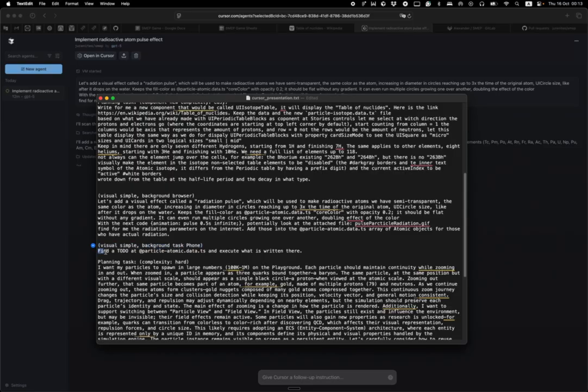So I could open the same URL, cursor.com/agents, and ask it this simple request. What I often do is ask it to find a to-do in the code and execute one. In this particular case, I would like to execute the one and only to-do from this file, but